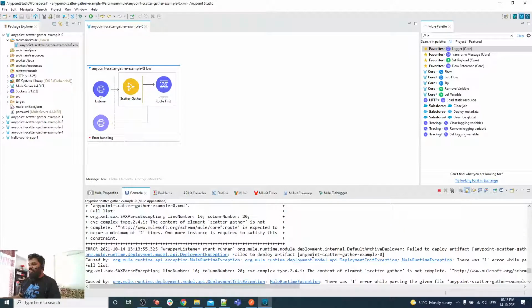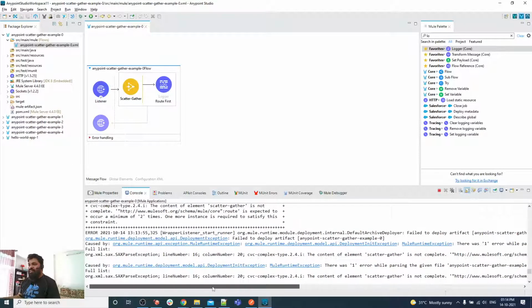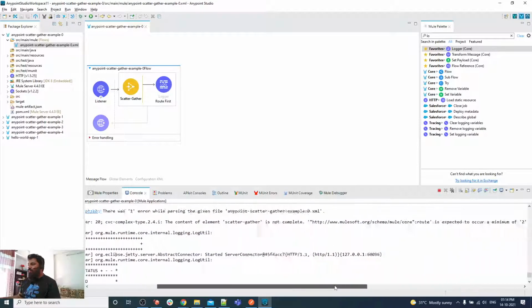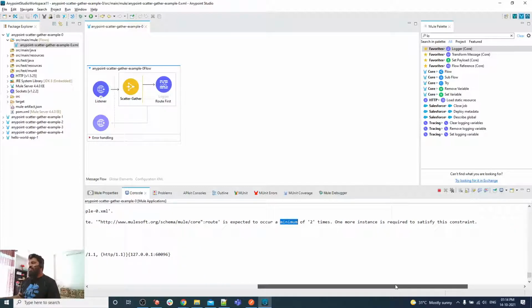What is the reason for failing? The reason for failing is that there is an error in the scatter gather component, line number 16. I know that the error is that scatter gather requires, expected to occur a minimum of 2 times. One more instance is required to satisfy this constraint.